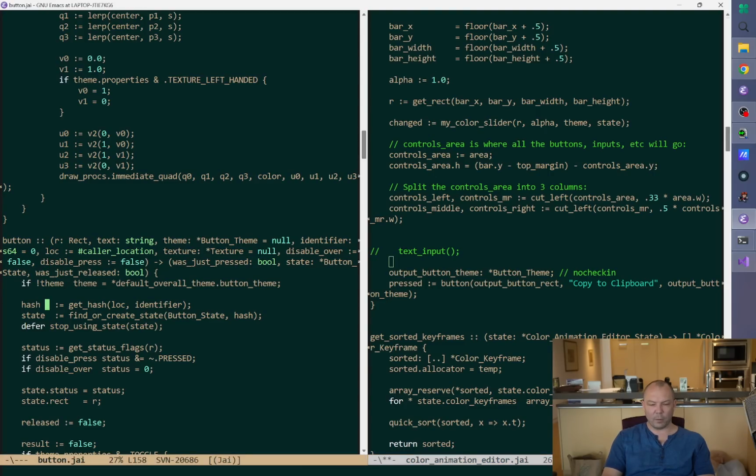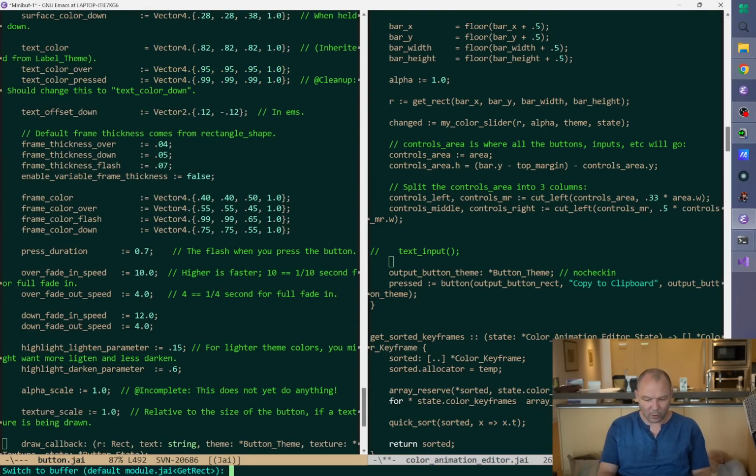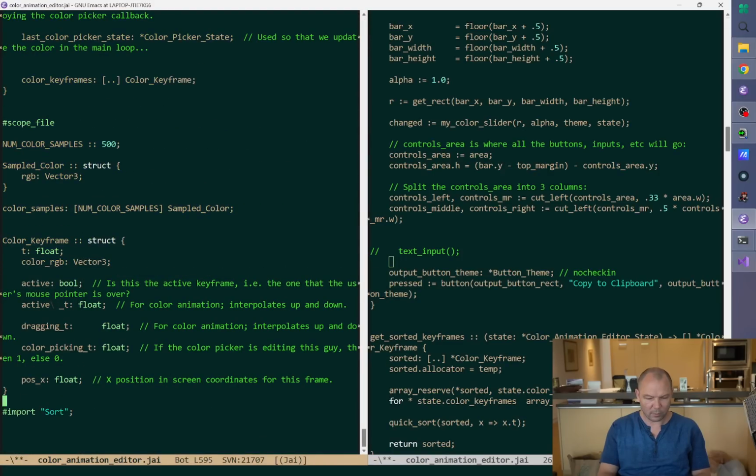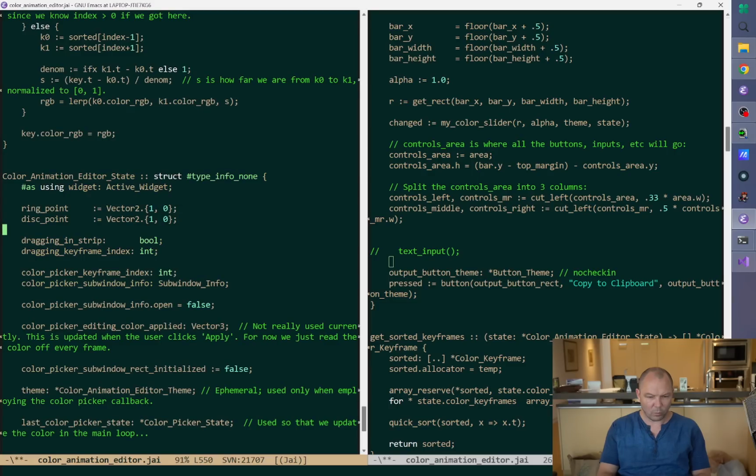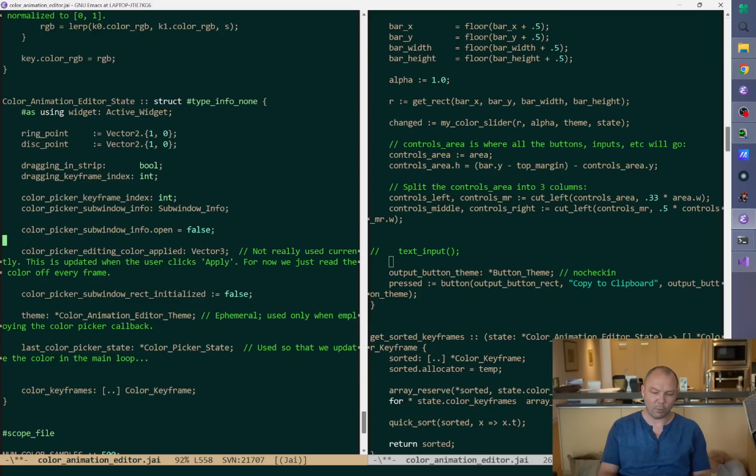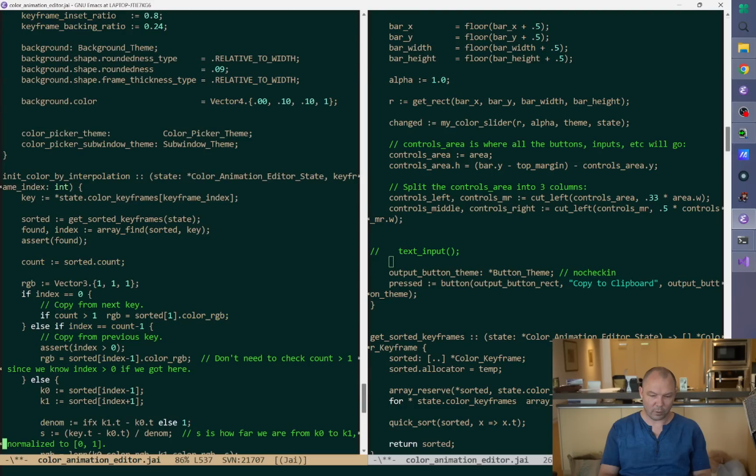So we need to know how big we want the button to be, right? And we kind of want, let's just make the theme. So on our theme, we're going to have the theme just for various buttons. We might want to make this sub-themable later, like maybe the buttons in different columns or down to the individual button. But for now,